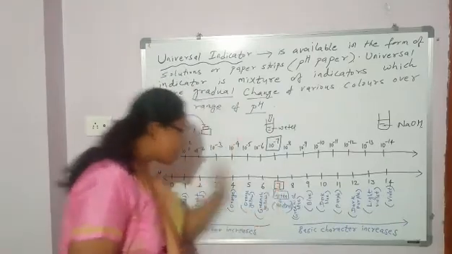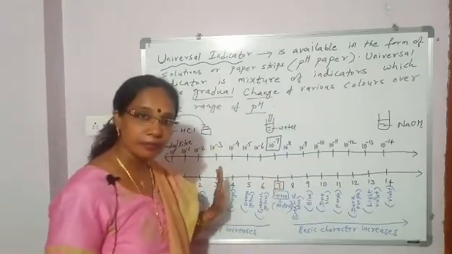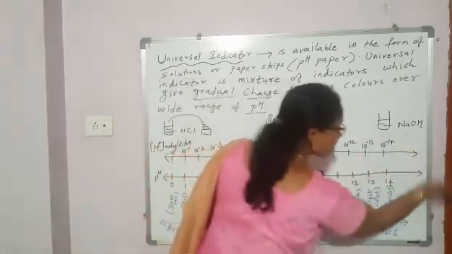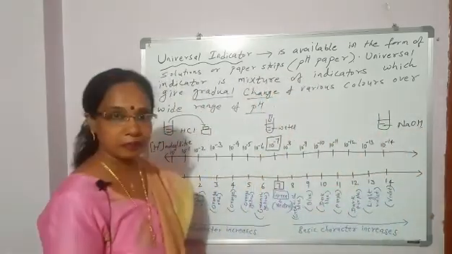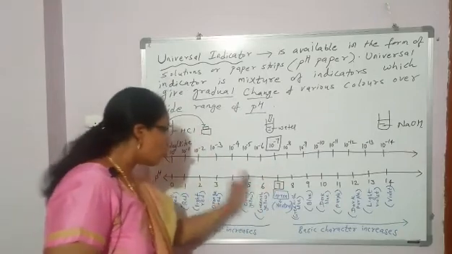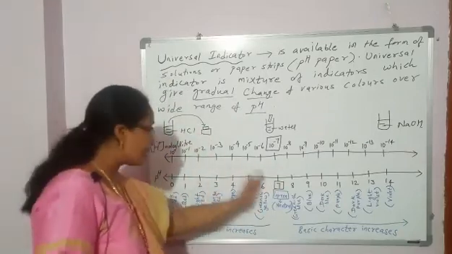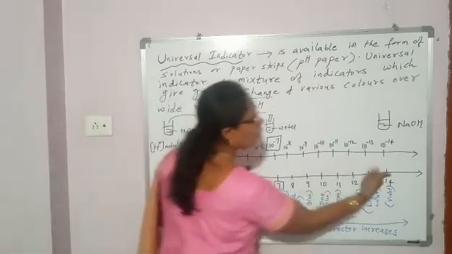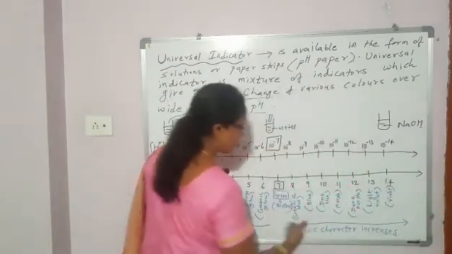And if pH is less than 7, acidic. If pH is more than 7, basic. And when pH value goes on decreasing, acidic character goes on increasing. And as pH value goes on increasing, basic character goes